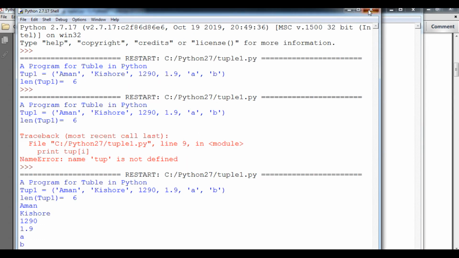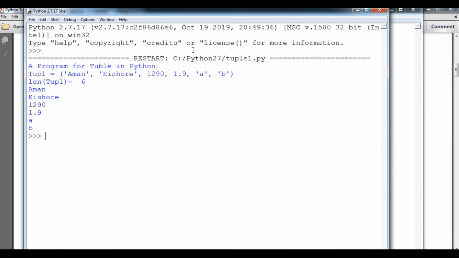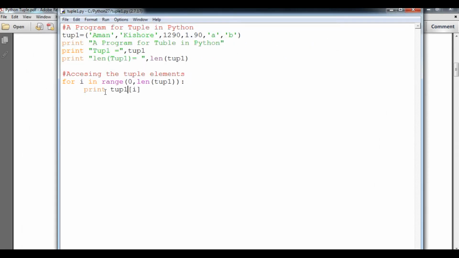So you can see, I will show you in a fresh copy. Student, Aman, Kishore, 121919 EB. So these are my elements in a tuple. How do I show you which index each one is in? I will type student, TUP, then a square bracket, I, then a comma, then close the square bracket, and close this one too. So it will show me dynamically in which index which element is stored.